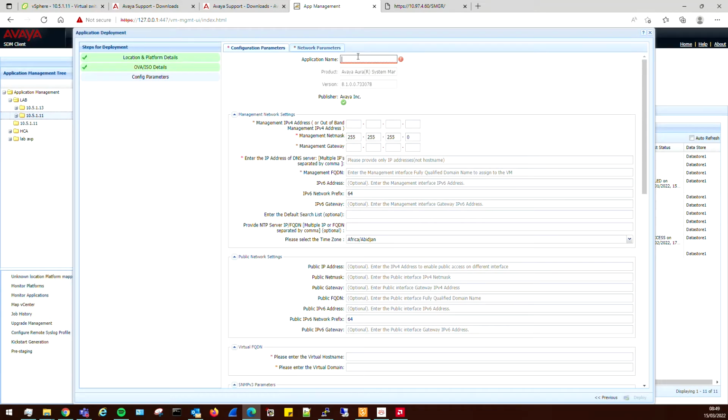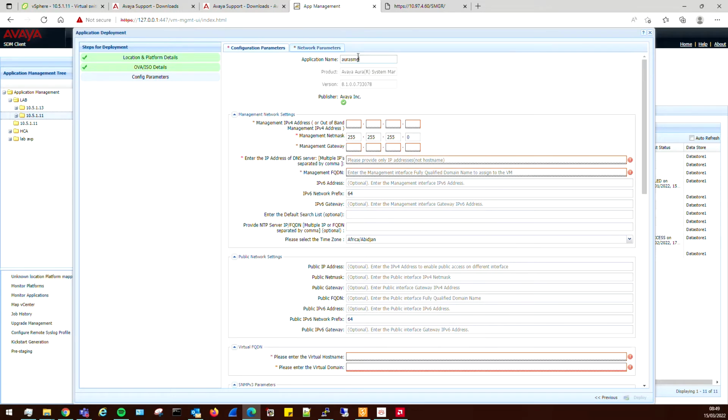So what we'll do is we'll just call this Aura SMGR 01 upgraded. Hopefully it doesn't complain about the name in there. So I'm going to give this 10.97.23.140. That's my IP address. My gateway is 10.97.23.129. And then my DNS server will be 10.2.3.2 and 10.2.3.250. Management FQDN, we'll just call this SMGR